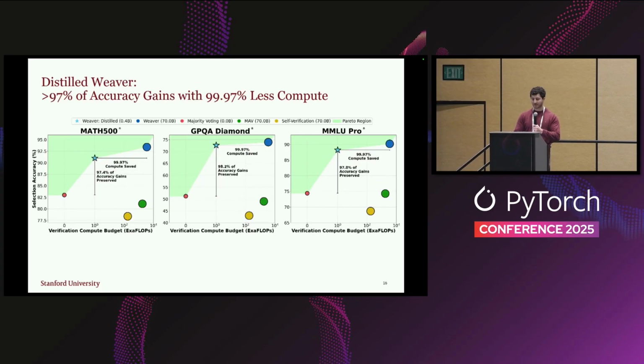And finally, we see that distilled Weaver can capture up to 97% of the accuracy gains with only 99.97% of the compute, which is really cool to see. It helps push out the Pareto frontier in terms of this optimal balance between generation quality and verification quality. It takes some scale to get it to be successful. You need to be able to fine-tune on thousands of examples to get it to this level of performance. But what's nice about Weaver is because it's all synthetic data, you can scale it pretty quickly and then see how you're able to improve performance as you add additional queries.